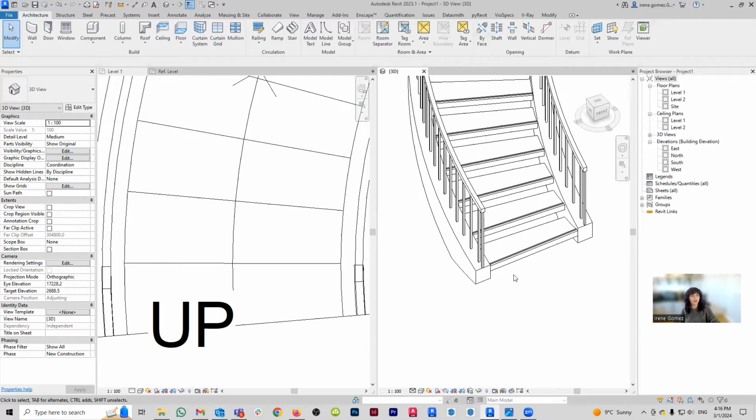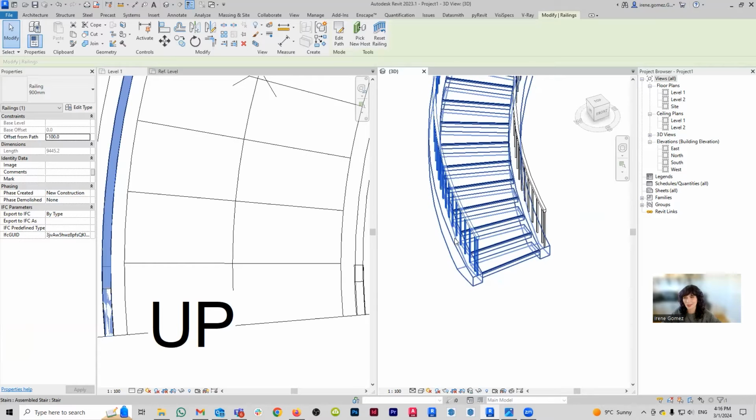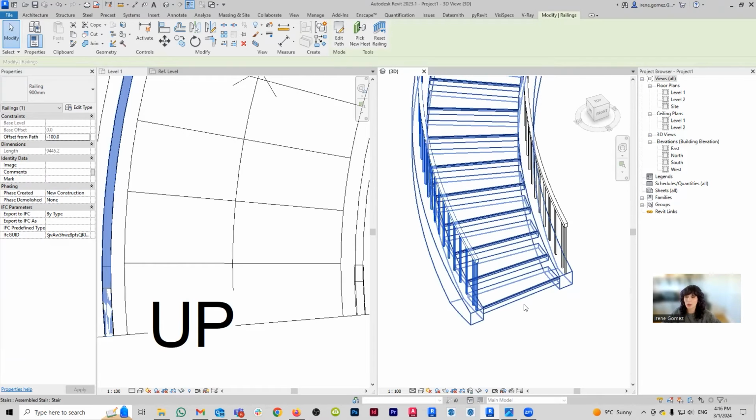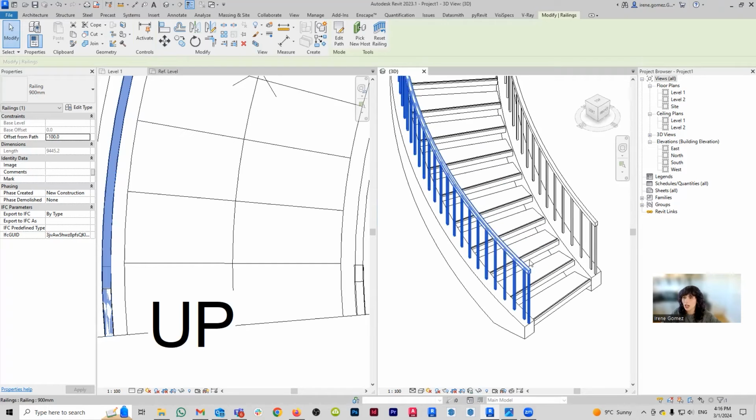So what I want to do here is I want to start with my rails. You can see that the rail has two parts. It has a glass portion and then it has a, what's the word, a pipe portion. So I'm going to be working with both of them. And you're going to see this is going to get a little bit spicy. So first, I just want to make sure that I nail the form. That means that the glass and the rail itself are actually offset. The glass is a little bit taller and the rail has that nice little curvature at the end. So let's see how we're going to do that.